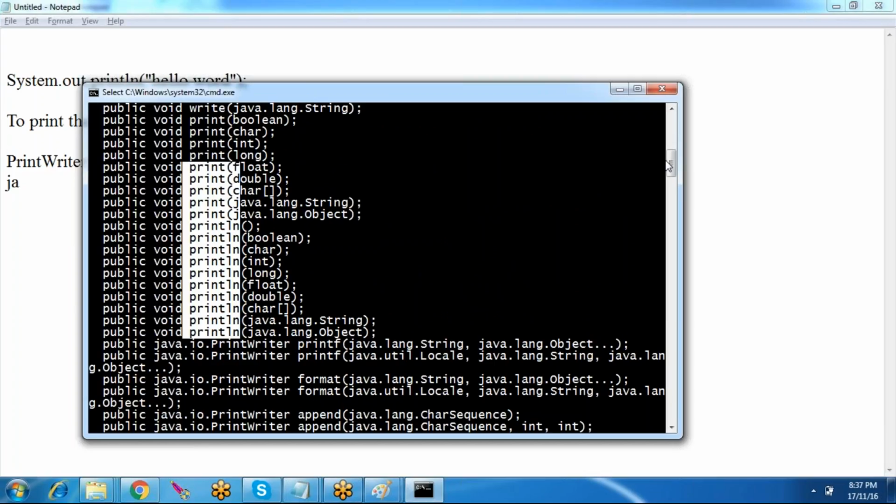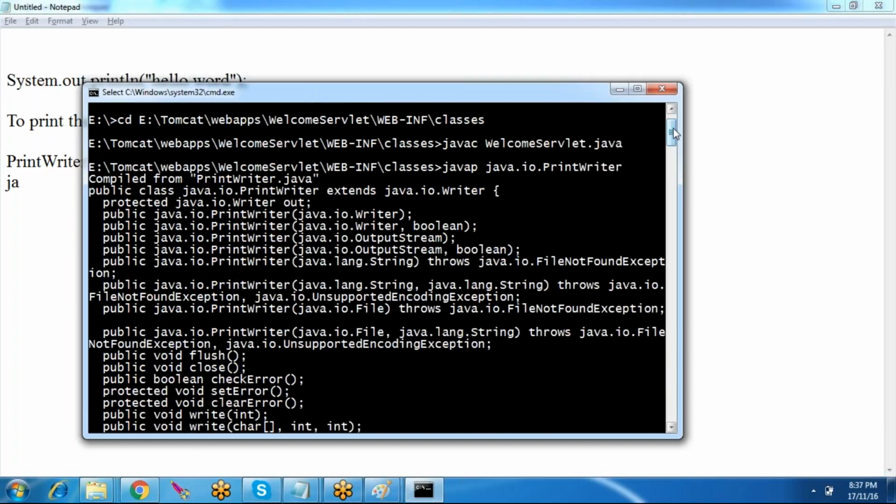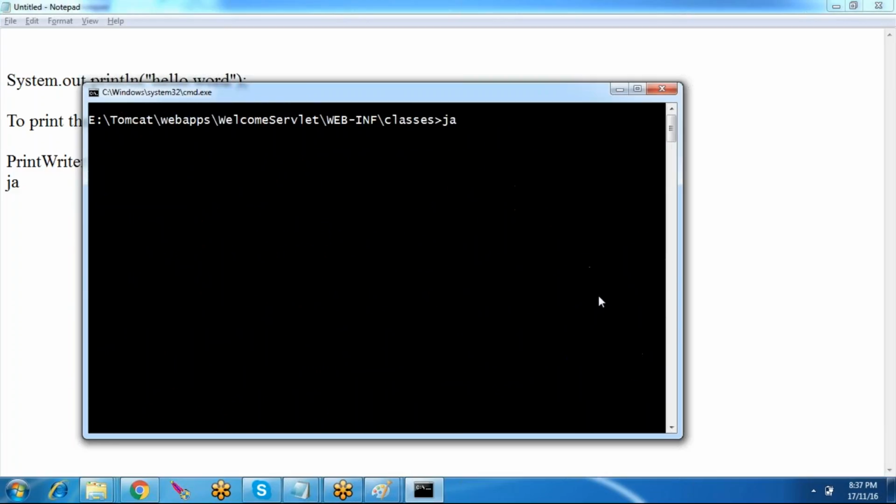Now I have to create an object for this, but I said we don't use any new keyword. Then how to generate the object for this particular class? javax.servlet.ServletResponse will be there. Okay,